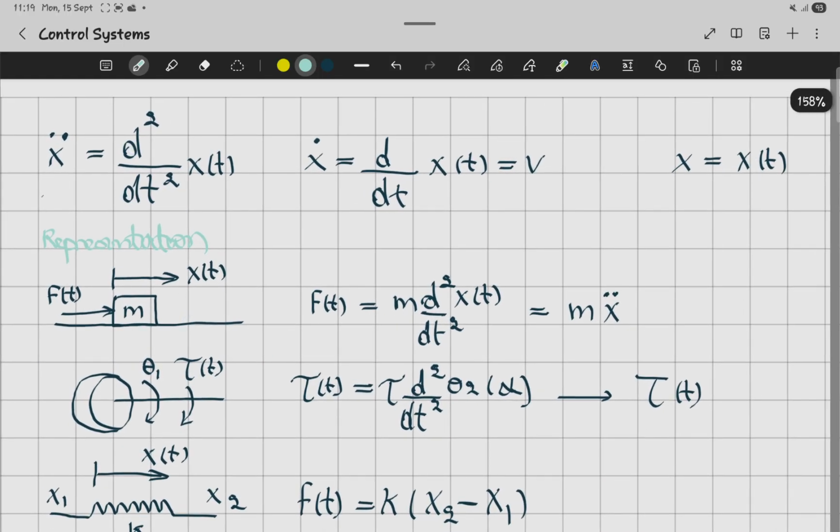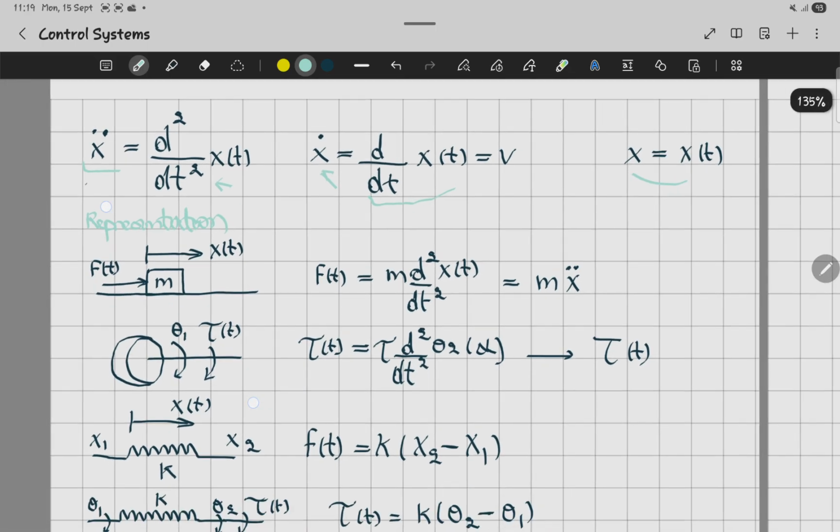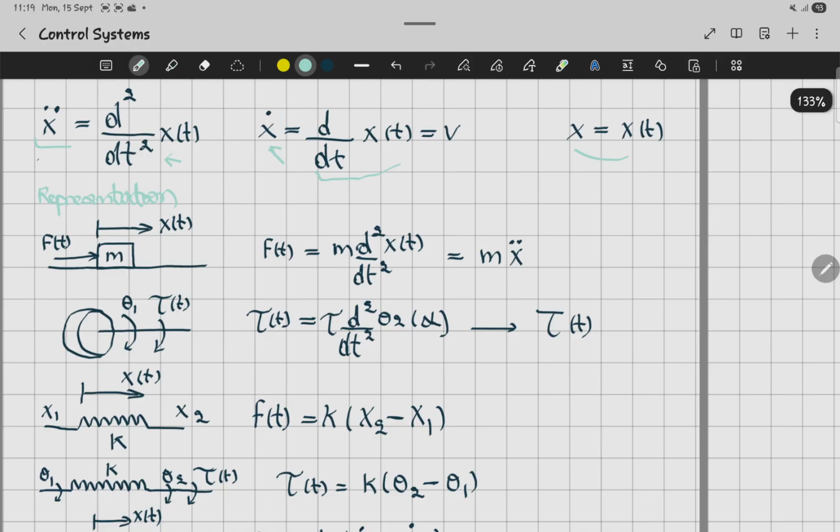So this one you see at the top is just a derivative. Second derivative equal to this, what you see there. First derivative equal to this. Okay, you can also write it in that way if you want. The same goes to x. And further on,